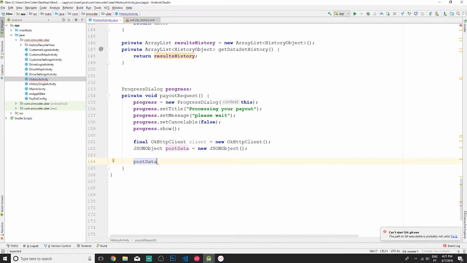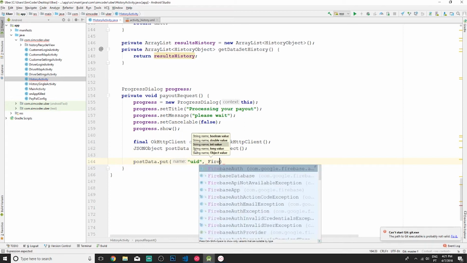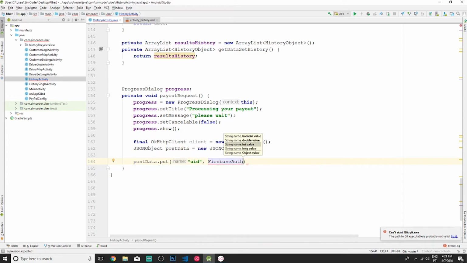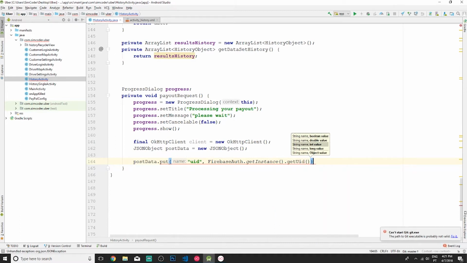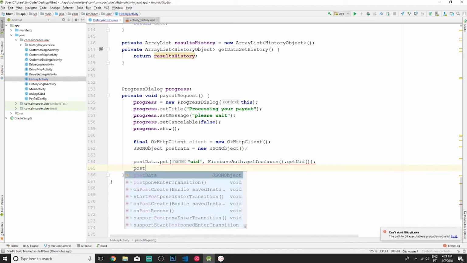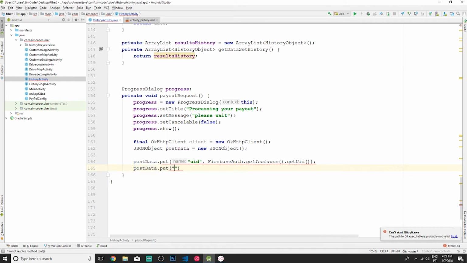So say put, and now we are going to give it the name of this variable, which will be UID, for example, and then pass along FirebaseAuth.getInstance().getUid(). And there's an error. Okay, don't worry about this error, we'll fix it in a second. And then postData.put, and now we are going to call it email,